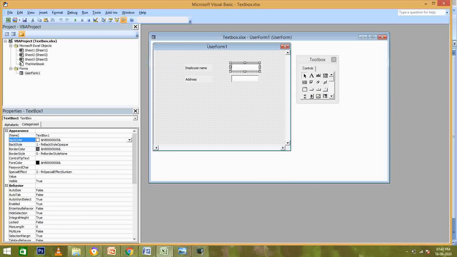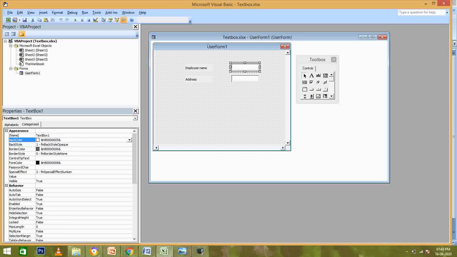Then let's now move to the properties of the text box. In my earlier videos on the label, I have explained properties like back color, back style, border style, fore color, and visible property. So in this video, we will not look at all these properties.